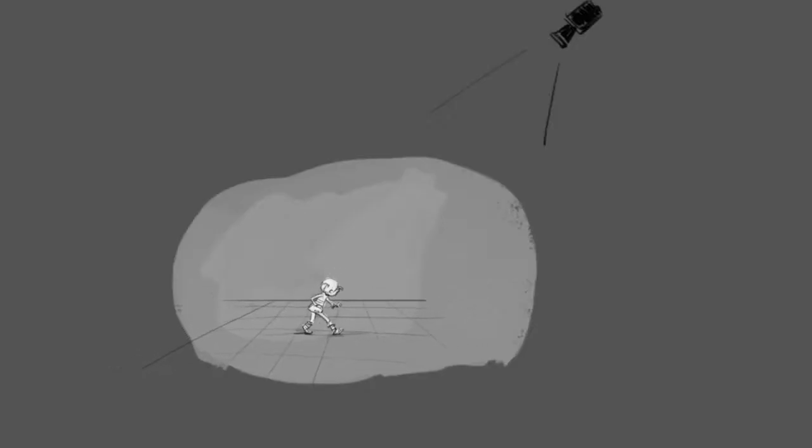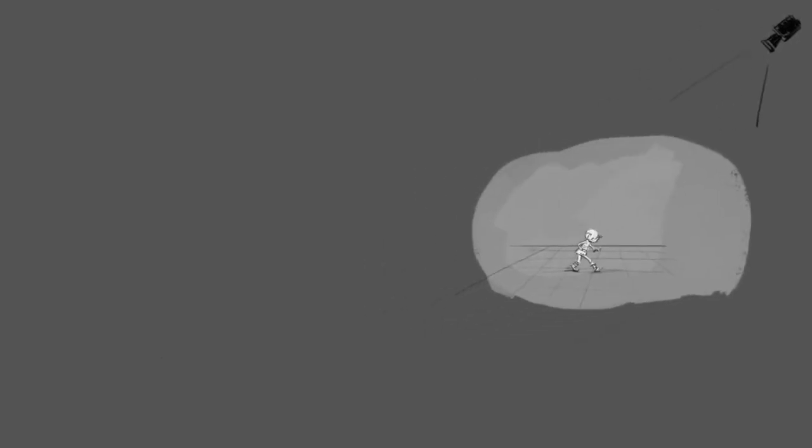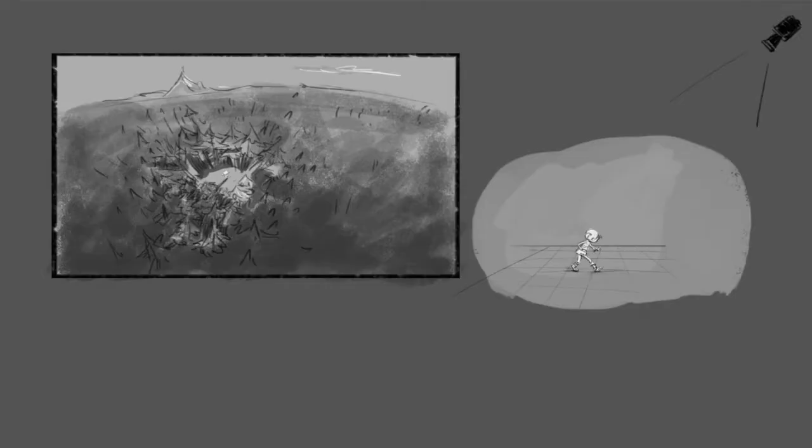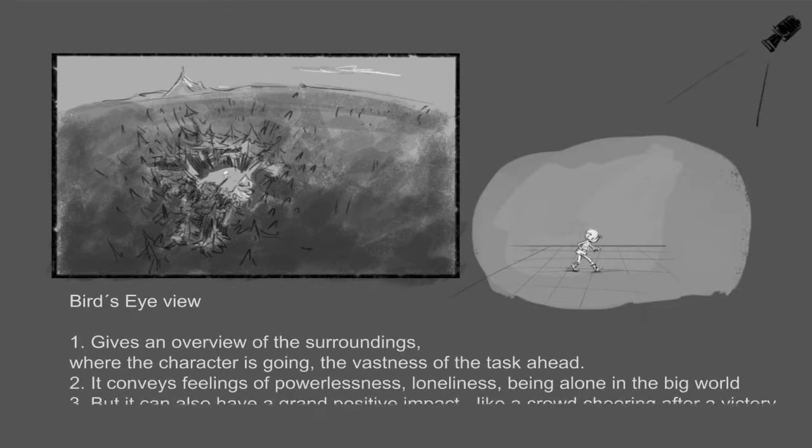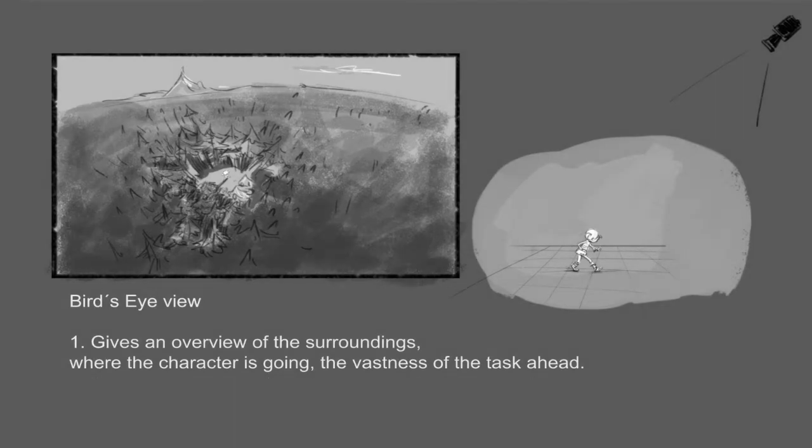This framing is called bird's eye view. The camera is looking down from high above, as if from the eye of a bird. This framing is used to give us an overview of the surroundings, where the character is going, the vastness of the tasks ahead. For example, if there is an Armageddon, a disaster, like for example a zombie attack,